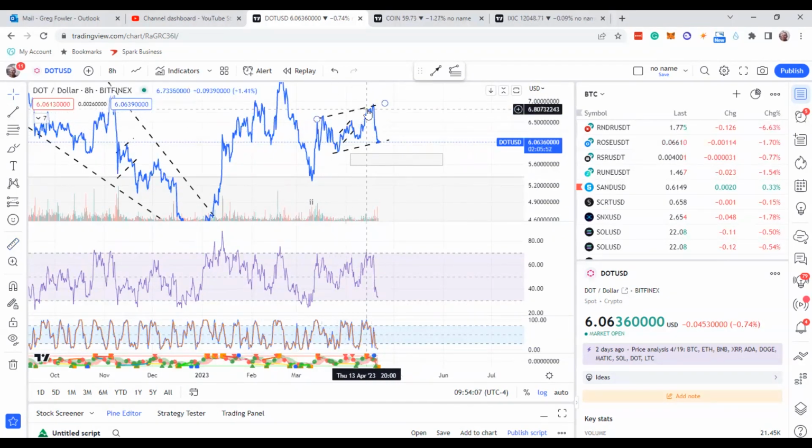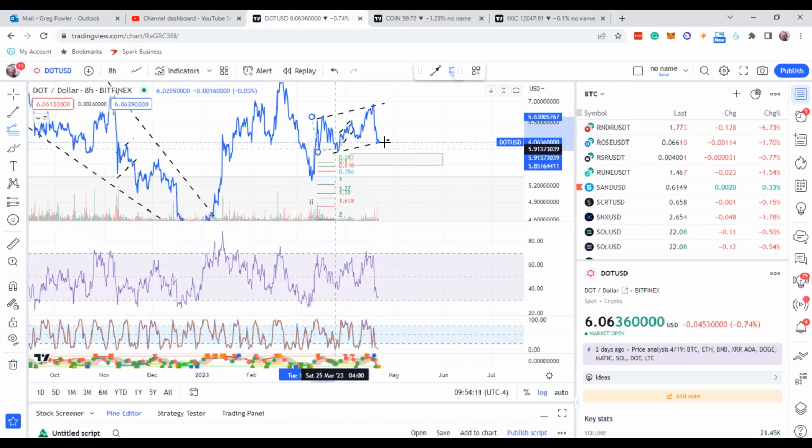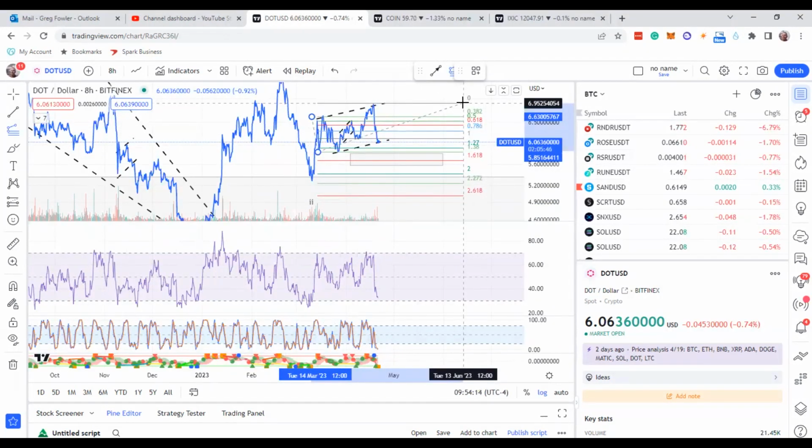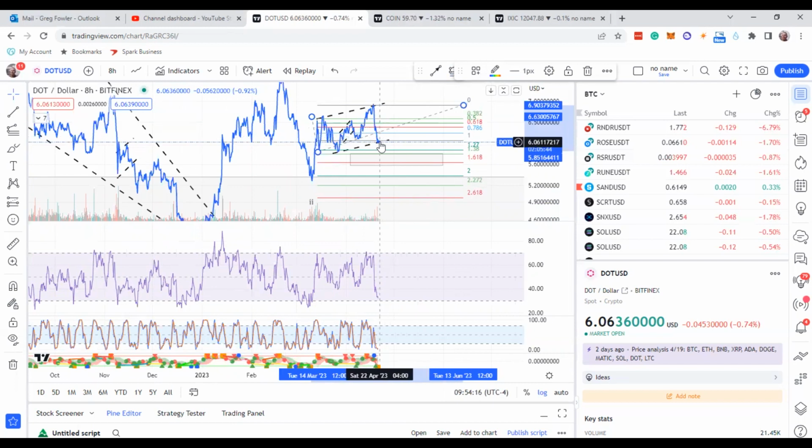Now, this whole thing right here, if you can see this correction that it did, and I'm going to do it just like so. You can see more or less it's right at that 1-to-1. Now, can it come back down to 1.618? It can get down there, guys, and then you have yourself a little expanded flat. If it makes its way down there, I'd be checking for a reversal in this area. Come back down, come up a little bit, and then get back down here. Maybe make some divergence in that area with Polkadot.